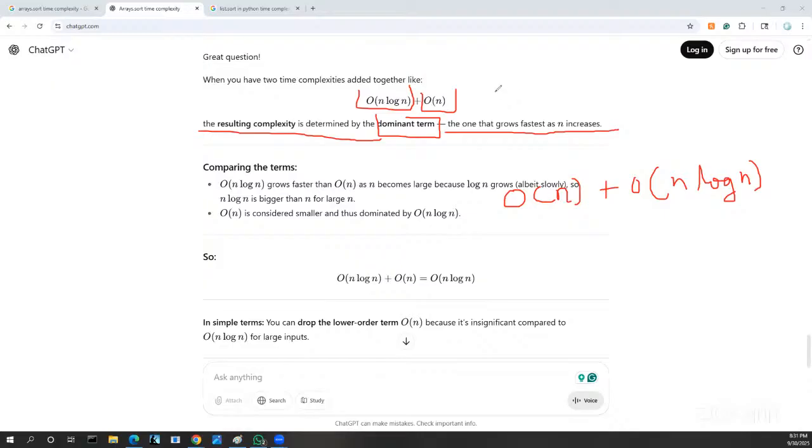How can you find dominant terms? If you have multiple terms, which one is more dominant? For that, you have to know the order. So O of 1 is the smallest, and then you can go for O of n, and then O of